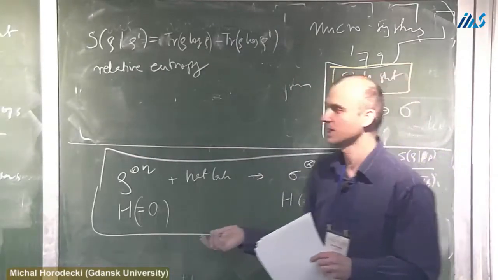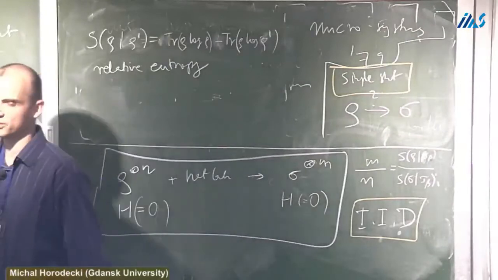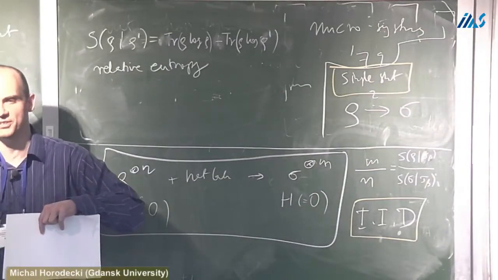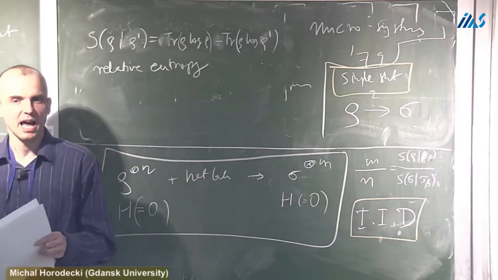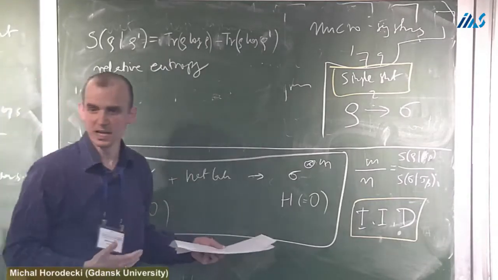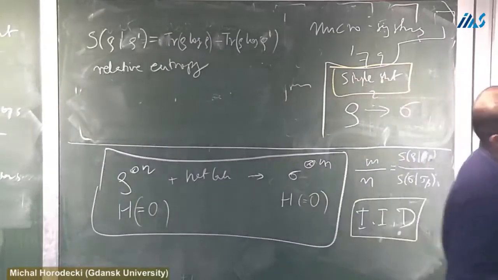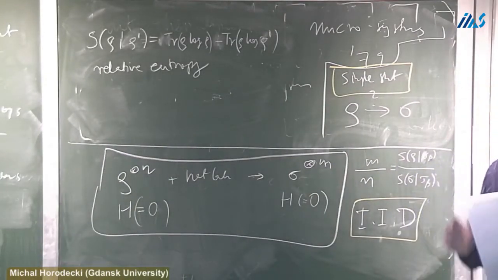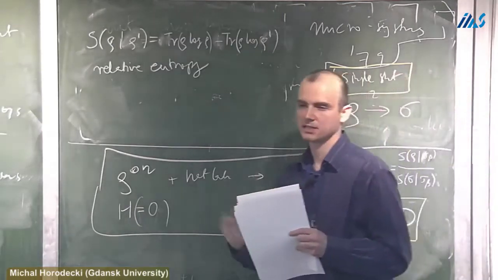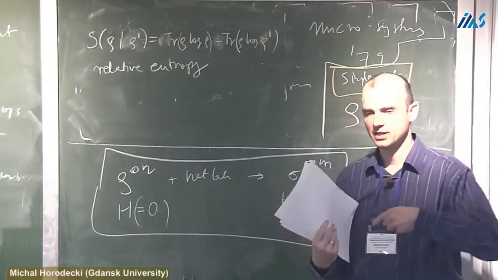There we didn't need to do that because we only operated on states which have trivial Hamiltonian, so anything conserves energy. There is no energy in the system, only in the heat bath. Here I have to be more careful, and that's what was in the paper by Janzing et al. They propose this class of operations: the unitaries that conserve energy.